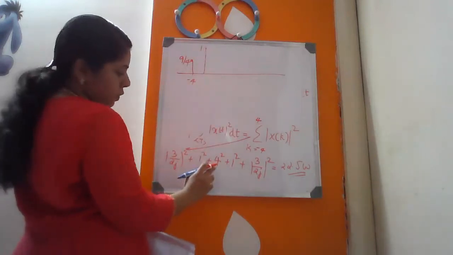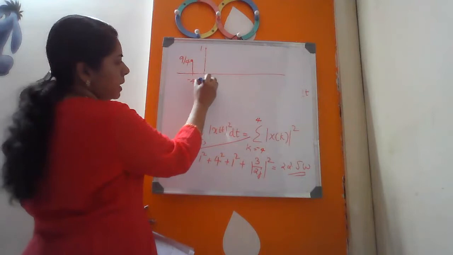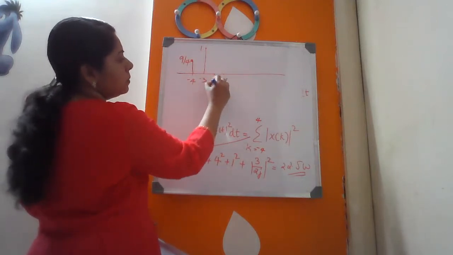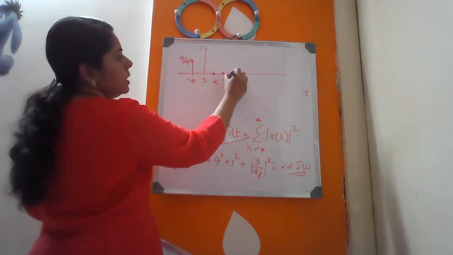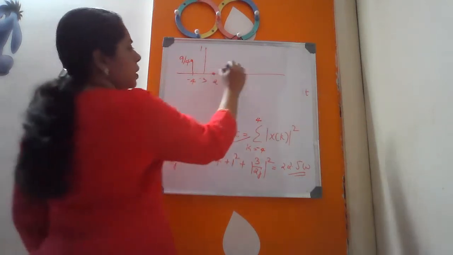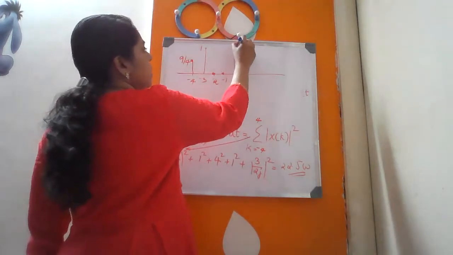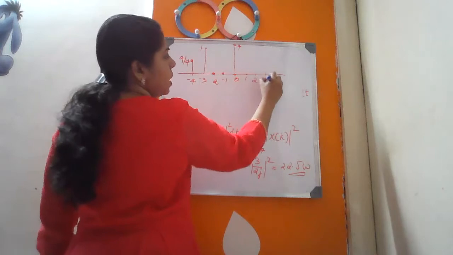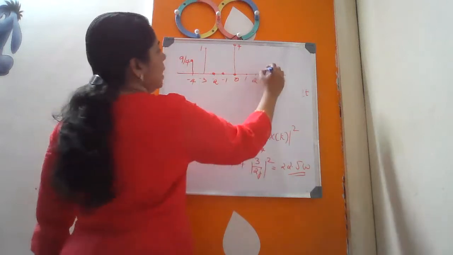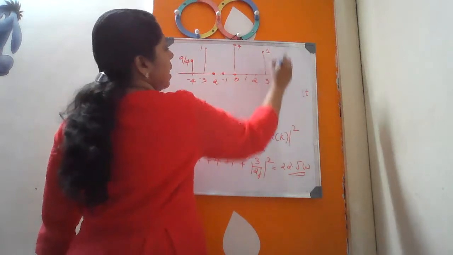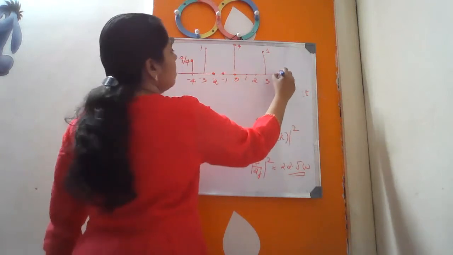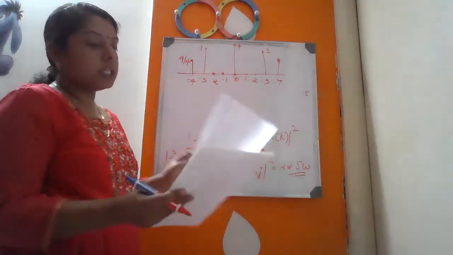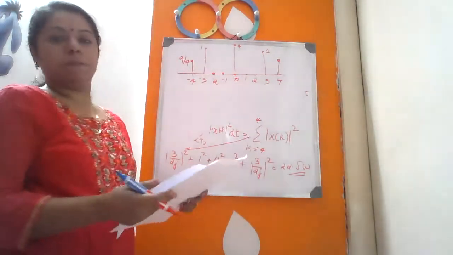Then if you are substituting, so minus 4, minus 3, at minus 2, 0, at minus 1, 0, at 0, my amplitude is 4, somewhere above it will come. Okay, at 1, 0, 2, 0, at plus 3, again I am getting it as 1, at plus 4, I am getting it as 9 by 4.